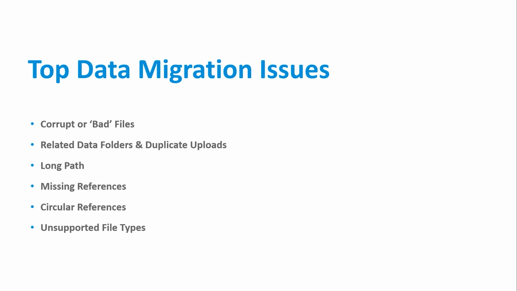So if it's an existing project, there's lots of links in there. So we want to make sure we upload that and maintain those links. So what do people run into when we do upload projects? One of the reasons a file may not upload is if it is corrupt or bad. There's just bad elements in it. I'll show you how to clean those up. We want to avoid any kind of duplicate data being uploaded that's going to cause extra space being chewed up in users' local cache, and it's just confusing. So we'll talk about how to avoid that.